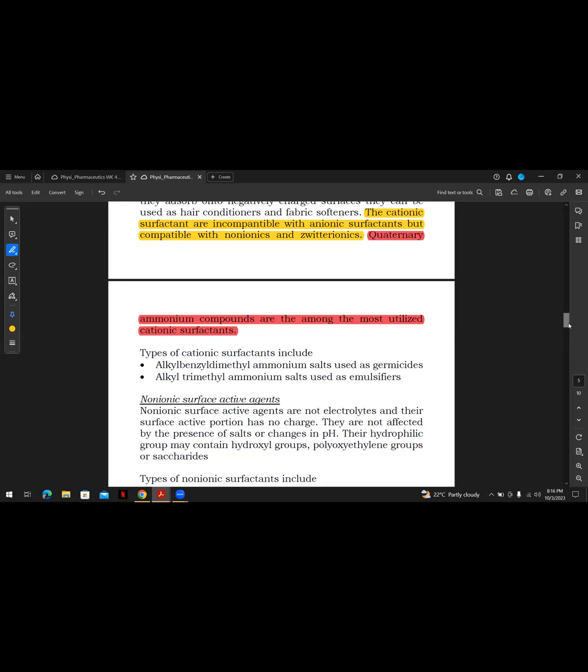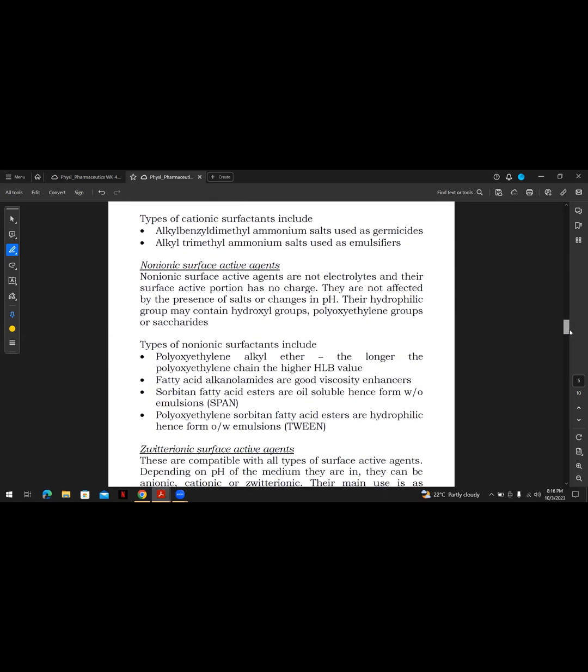So then after that, we have non-ionic. So we've done cationic, we've done anionic, and now we are doing non-ionic. So these ones are not electrolytes, and their surface active portion has no charge. Okay, so they are not affected by the presence of salt or changes in pH because, again, they have no charges. The hydrophilic group may contain hydroxyl groups,